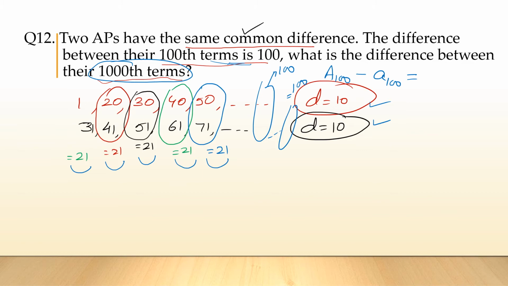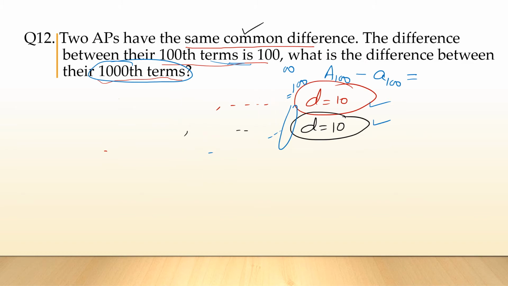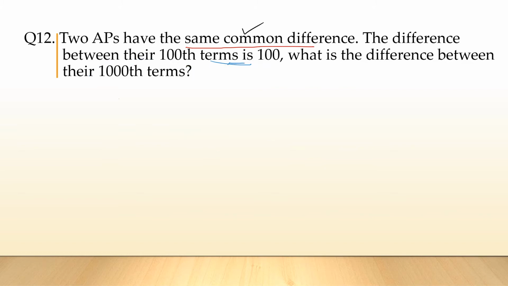So let me erase all these. After this, I'll write the solution of question number 12. If you understood, for the time being, you can start doing it yourself while I erase this, because it's going to take a bit of time. If you did not understand this, rewind a little and watch again, you will understand, beta. So let me erase all these things. So now it's all clear.